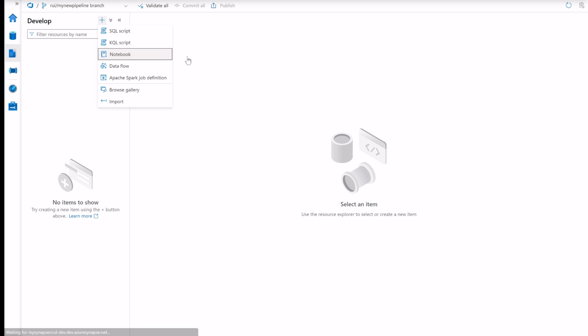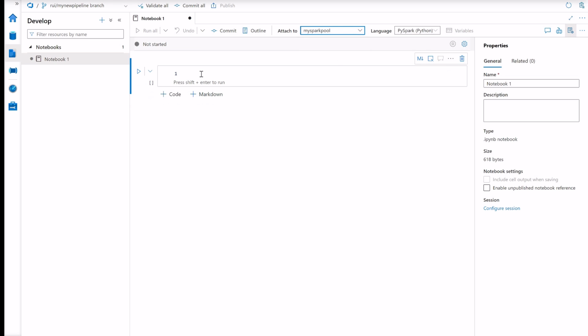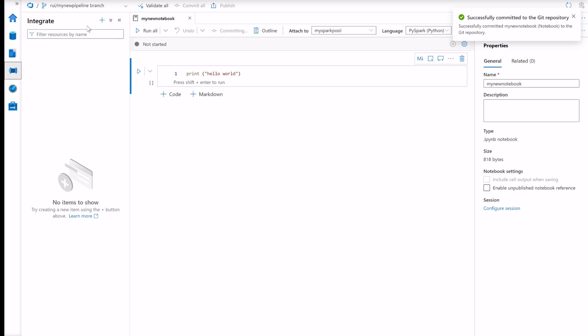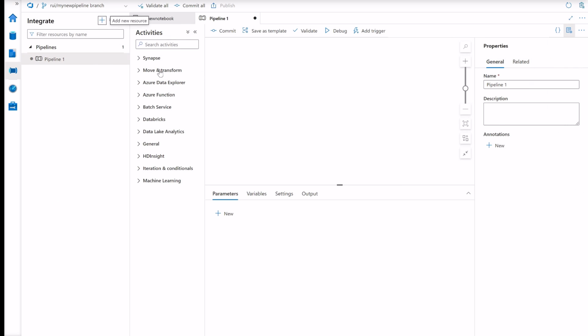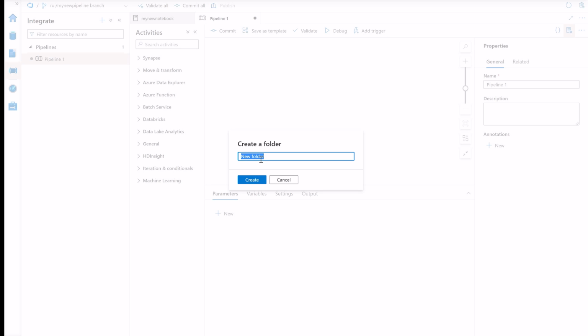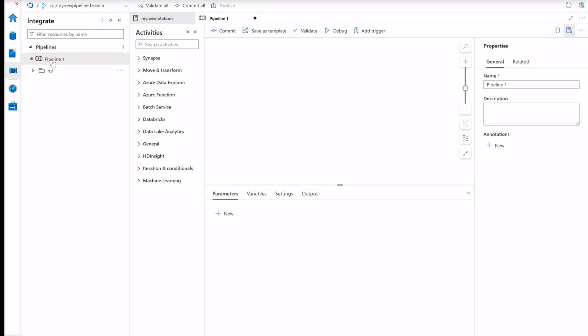I will just create a simple notebook. Print something like hello world, it doesn't matter now. I'm going to call this my new notebook, and I'm going to commit my changes, and here in the pipelines I will create a new pipeline. I can create a new folder. Let me call it Rui here and move this pipeline here,